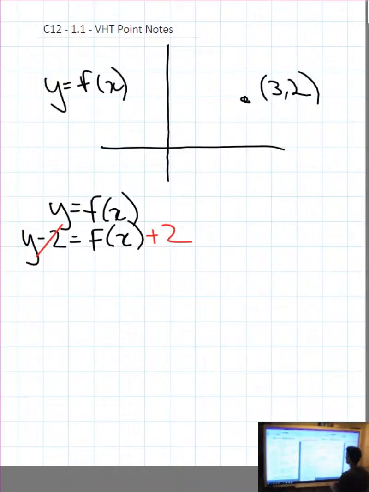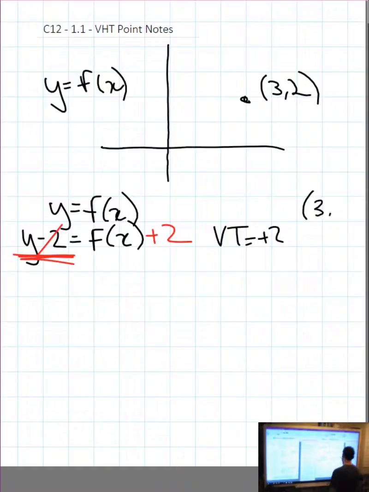Well, I know that if I substitute the opposite operation for the variable and put y minus 2 in for y, that is a vertical translation equaling positive 2. And if I have the point 3, 2,